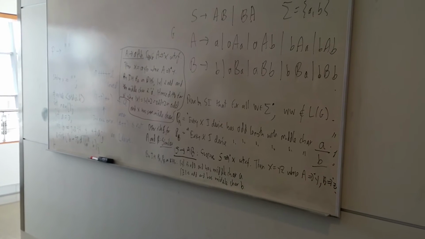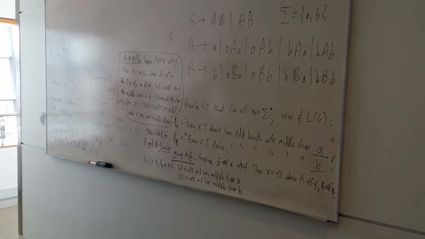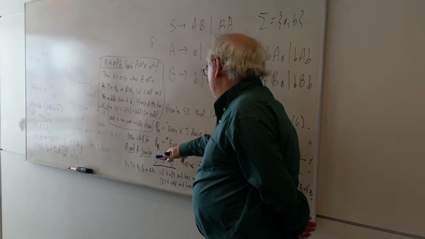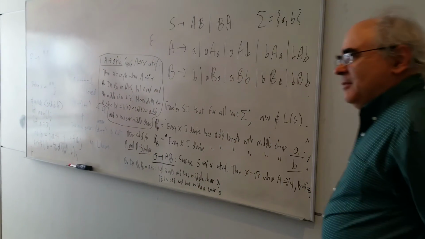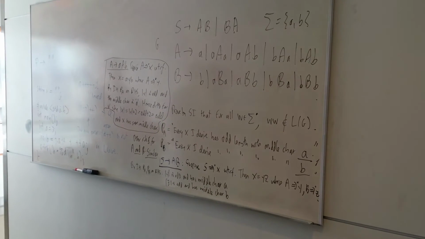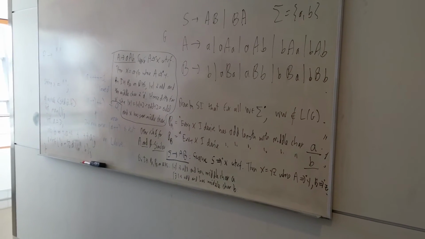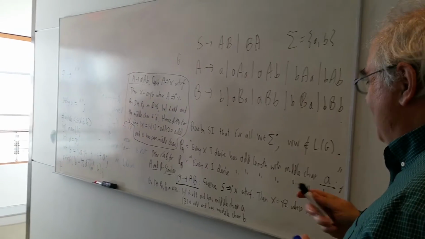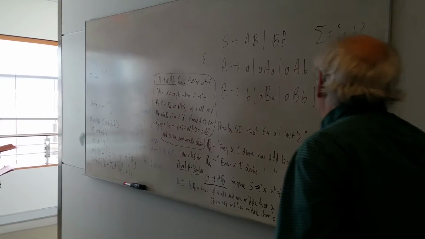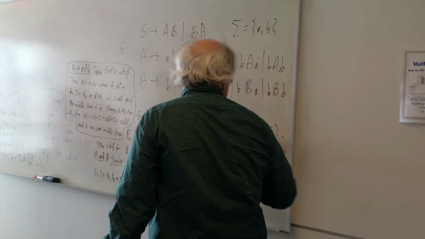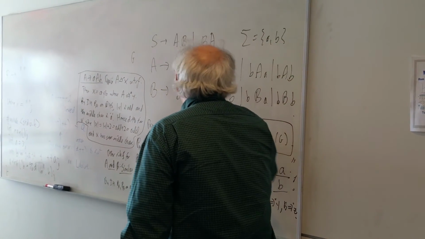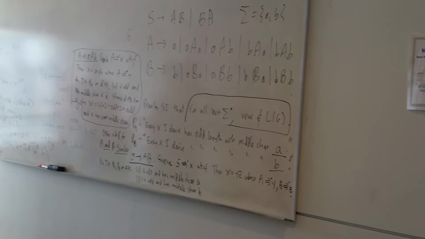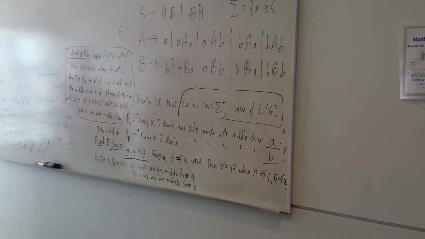When we come down here, why did you pick S goes to AB? Well, I have two rules for S, and they're going to be symmetric. So I might as well pick the rule S goes to AB. In this example, we have not defined any properties for S. That's right. Well, actually, this is the property of S, what we're trying to prove. We're trying to prove a negative: S cannot derive any double string word.